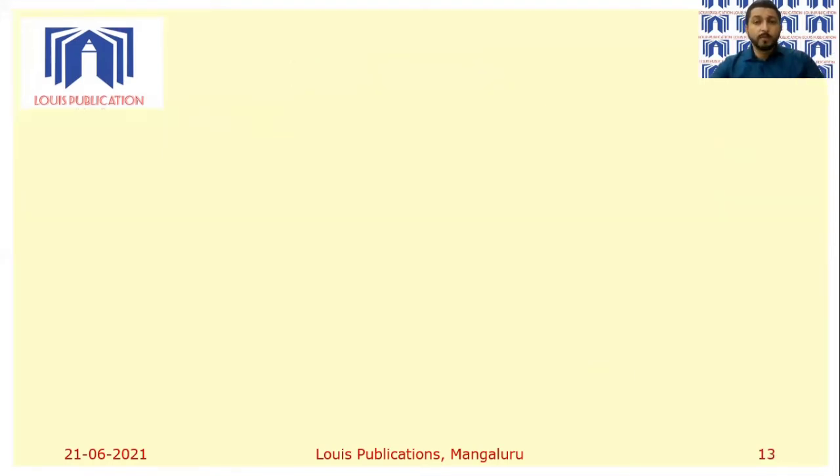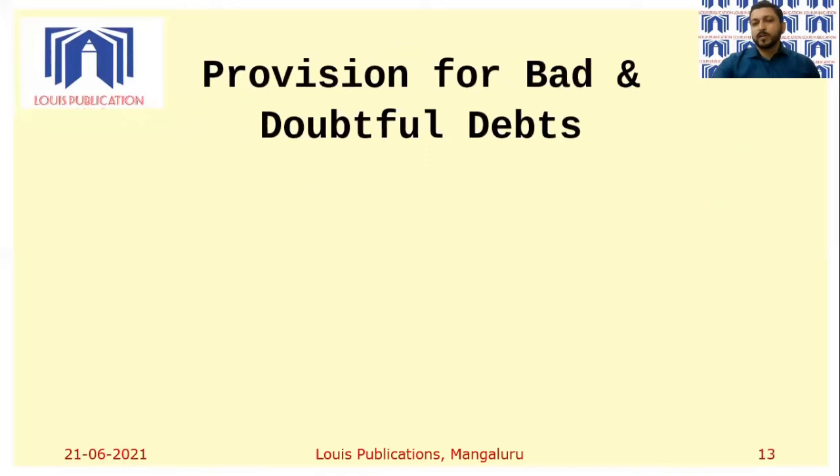Next adjustment. We are moving to something very, very important, and that is provision for bad and doubtful debts. A very important concept. In the books, or sometimes in the discussion in class, teachers, based on their whims and fancies, use the term reserves. Sometimes they use the term provision. Say, call it reserve for bad and doubtful debt. Sometimes it is called provision for bad and doubtful debt. So the question is, which is the right word? The right word is provision and not reserves. Remember, it is provision for bad and doubtful debts.